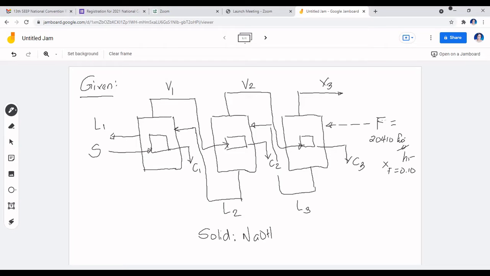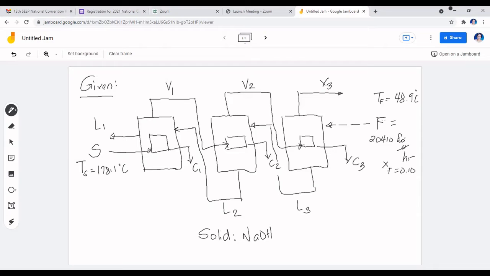Now, then your feed is at a temperature. So temperature of the feed is 48.9 degrees Celsius. So unlike the last problem we solved, where the temperature of the feed is not given, this one is specified. Okay, saturated steam is available at this temperature. So you have 178.1 degrees Celsius.